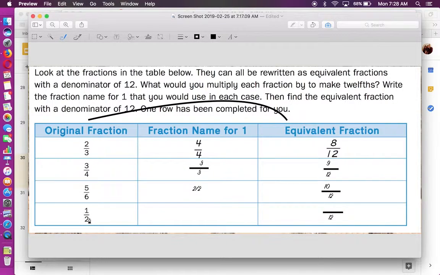And this one, 2 times 6 will give me 12, so I'm going to do 6 over 6. And when I multiply 6 times 1, I'm going to get 6. So 6/12. So you're just doing equivalent fractions, and what that is doing is it's enabling you to